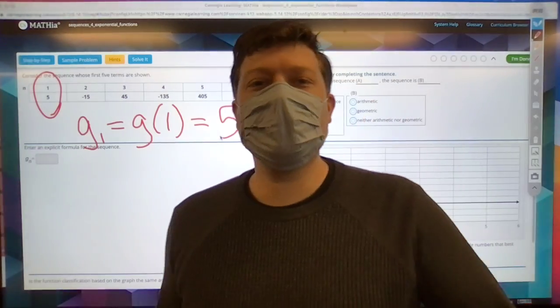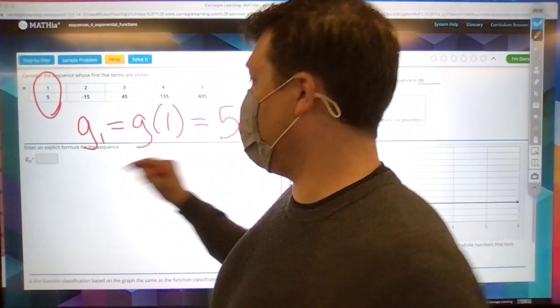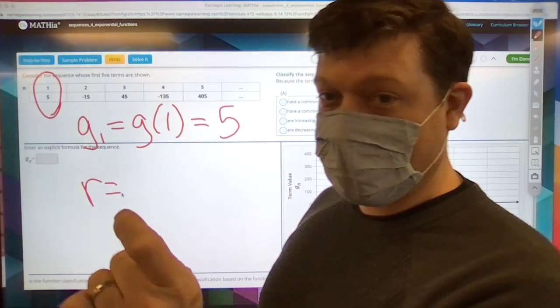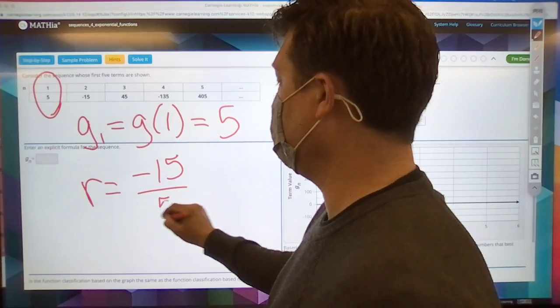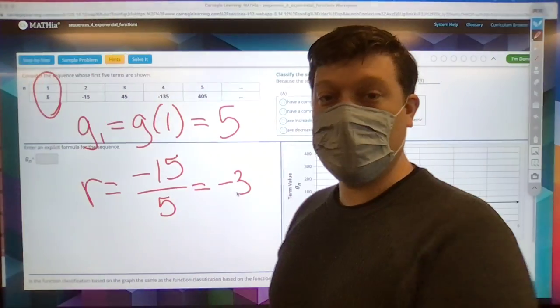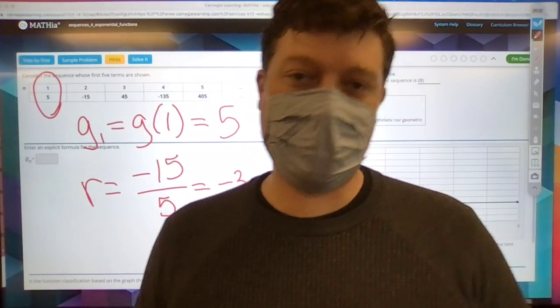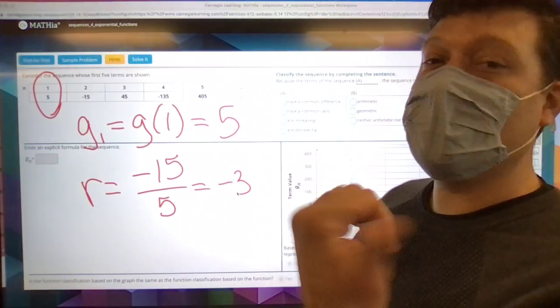Item number 2 in this problem is to figure out what the R value is, the common ratio. And in order to determine that, watch a previous short, you put the second number divided by the first number. Negative 15 divided by 5. Turns out you do get an R value of negative 3, and because of that minus sign, this is not specifically an exponential situation, but we still have to know those two pieces of information in order to write our